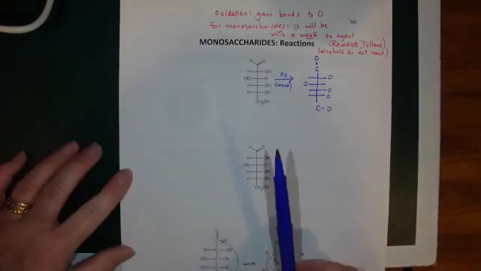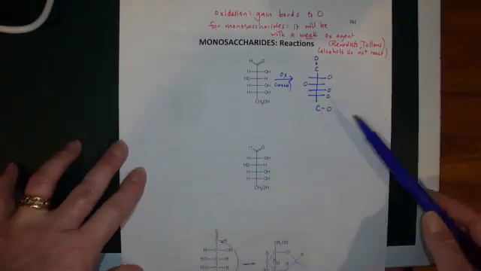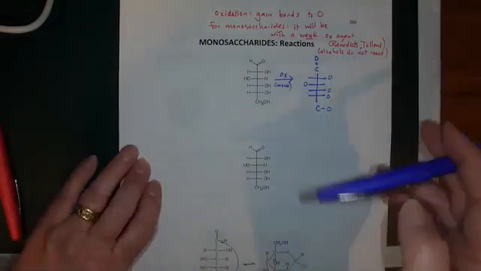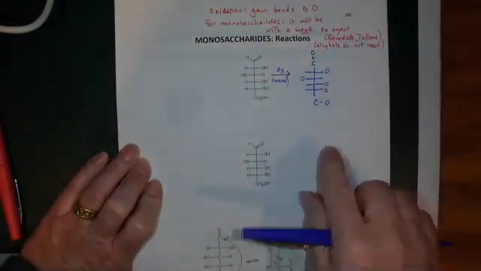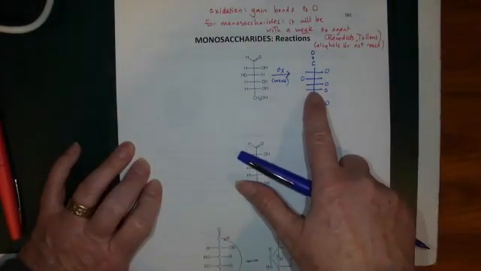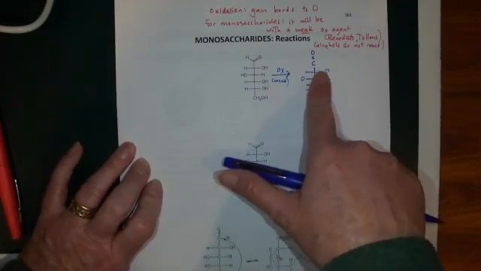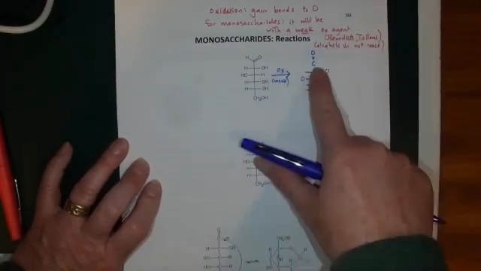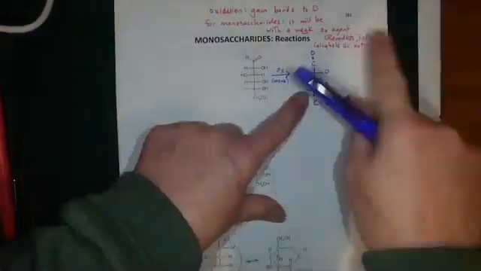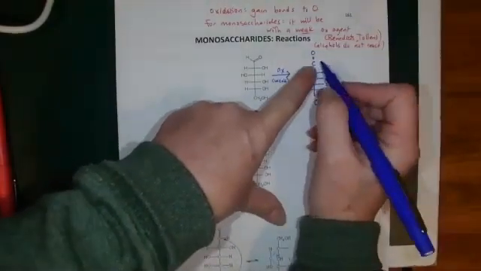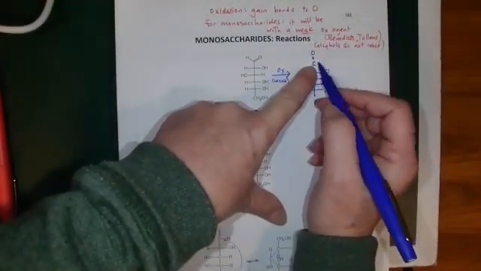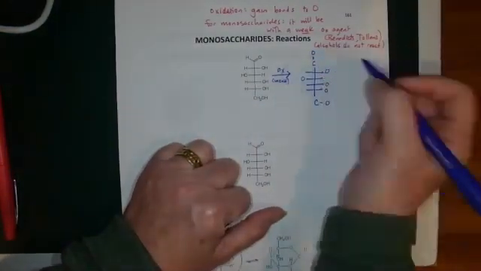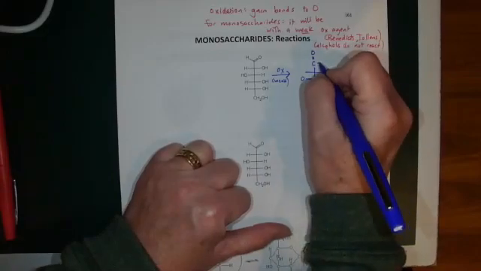And then you ask yourself, is there room on carbon for more bonds to O? I see there's a ton of carbons with bonds to O already, but remember, alcohols do not react with Benedict's. So this will not react, this will not react, or this, or this, or this. These bottom carbons will not get oxidized with a weak agent. Only this top one can, because it's not an alcohol. And you ask yourself, is there room on this carbon right here for more bonds to oxygen? Right now there are 1, 2, 3 bonds showing. So yes, there is room for one more.